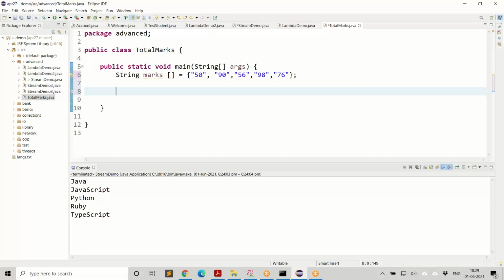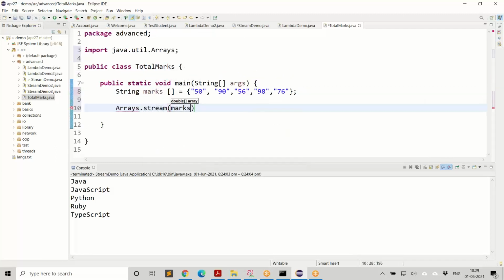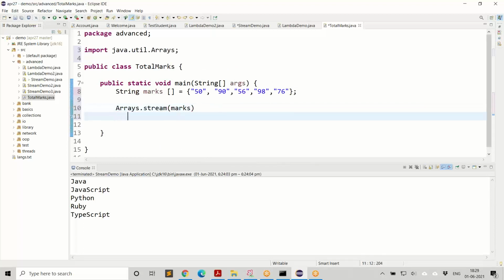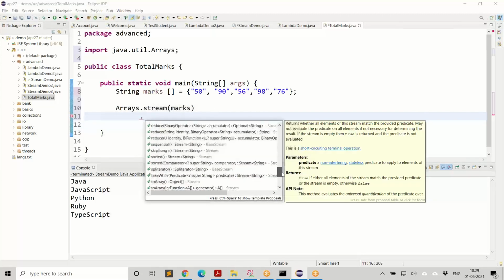Well, I can create a loop that is going to take each and every element, convert that to integer, and add it to total. But the same can be done with the streams. So Arrays.stream of marks. Now this is a stream of strings. And this time I'm not interested in filtering. But you see, I have a lot of options.